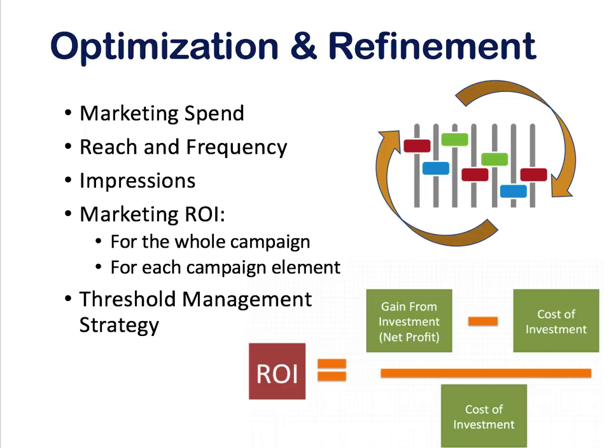We can look at things like reach and frequency. Were we getting what we said we were going to get from the media plan, or do we need to look at make goods? We can look at impressions. How many people do we know saw our advertisements, both from a broadcast perspective as well as online? And once we start to know some of that information, then we can put together some ROI metrics. Now, we've been talking the whole semester about other ways that we can evaluate the investment and whether or not it's a good investment, right?